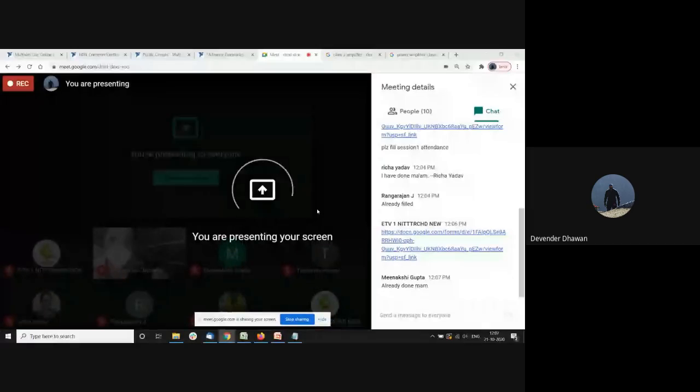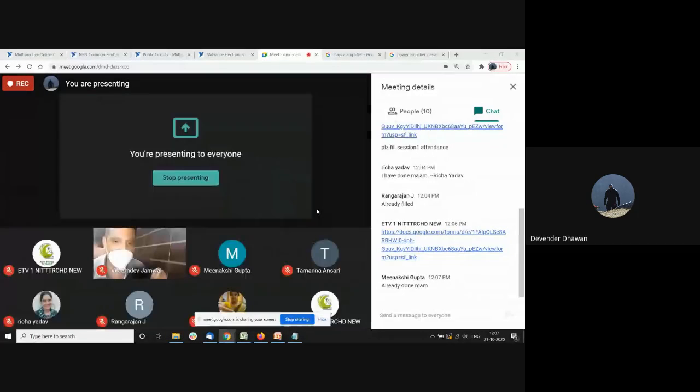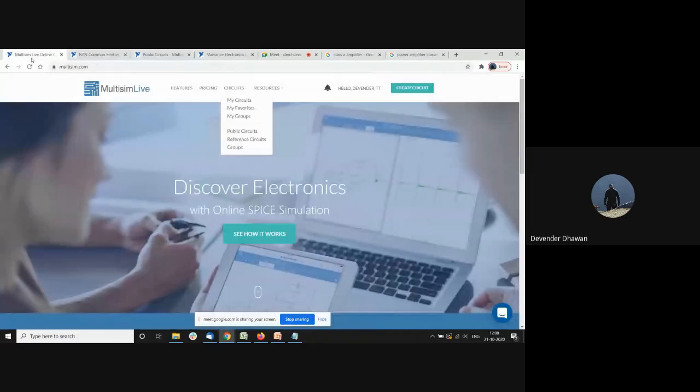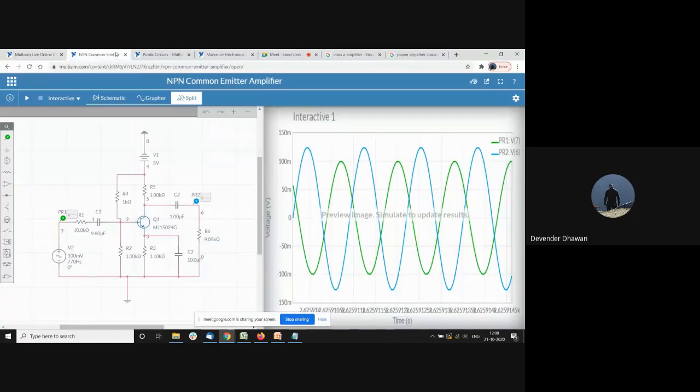Circuitry of a common emitter circuit amplifier using NPN transistor. Let me just share my screen. Okay. So this was a circuit that we were doing, and this is a common emitter circuit, which is actually